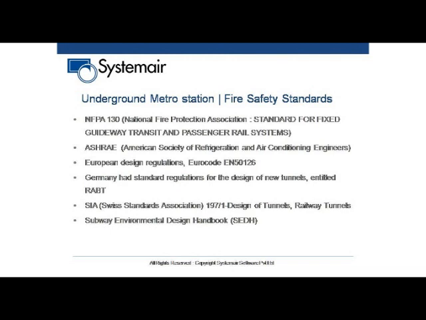NFPA is more American. ASHRAE, and Germany had a standard known as RABT, and there is a Swiss standard, but all the standards talk about the same thing and give more or less the same calculations. So here we have the